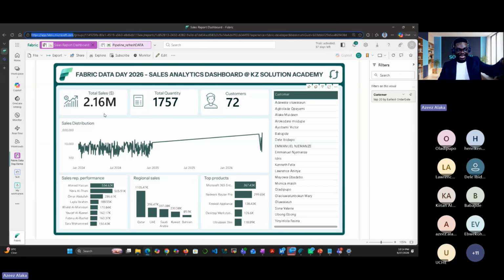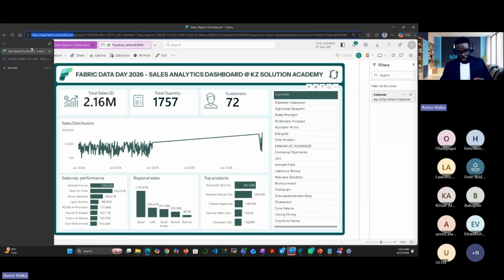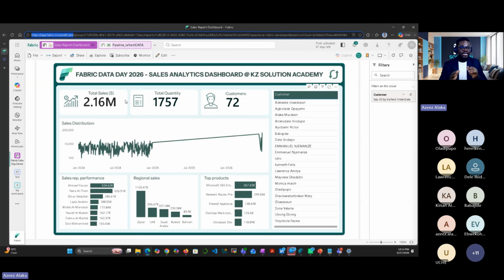You are going to be seeing that link, app.fabric.microsoft.com. Now, this link is actually the same as your Power BI service link. If you have been using Power BI service before and you go to Power BI service, it is going to automatically route you to this, which means it is being integrated. On this same screen, you can access Power BI service, you can access Fabric. Correct? All right.